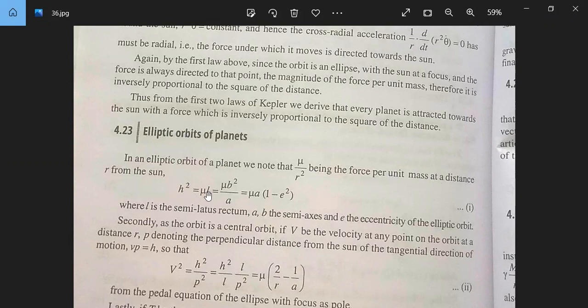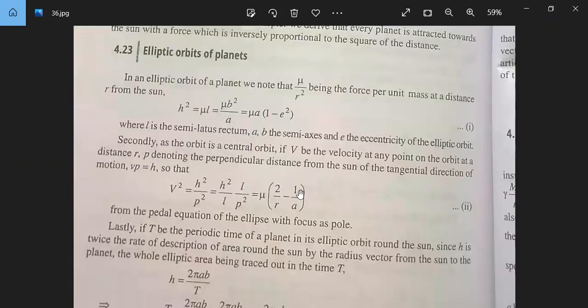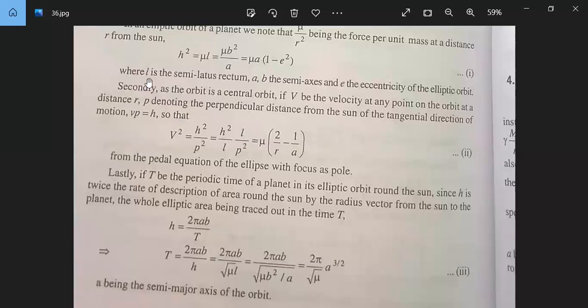So h square is equal to mu into L, so it is mu into b square by a, or it is mu into a (1 minus e square), because b square is a square into (1 minus e square). तो ये a से कैंसिल हो जाएगा. Where small l is the latus rectum, so make latus rectum AB the same axis and e the eccentricity of the elliptic orbit. Secondly, as the orbit is a central orbit, if V be the velocity at any point on the orbit at a distance r, p denoting the perpendicular distance from the sun to the tangential direction of motion,